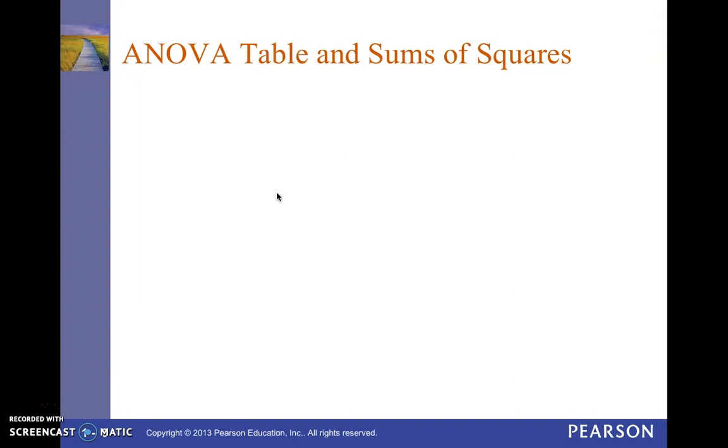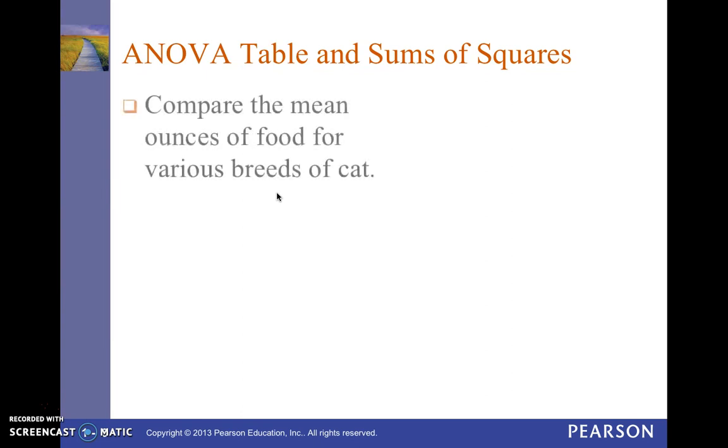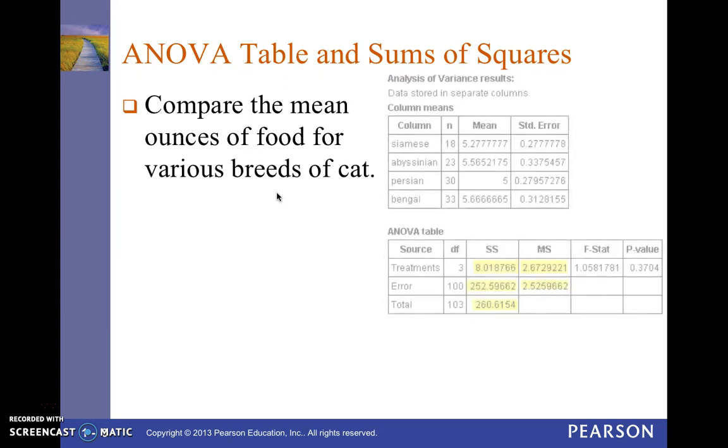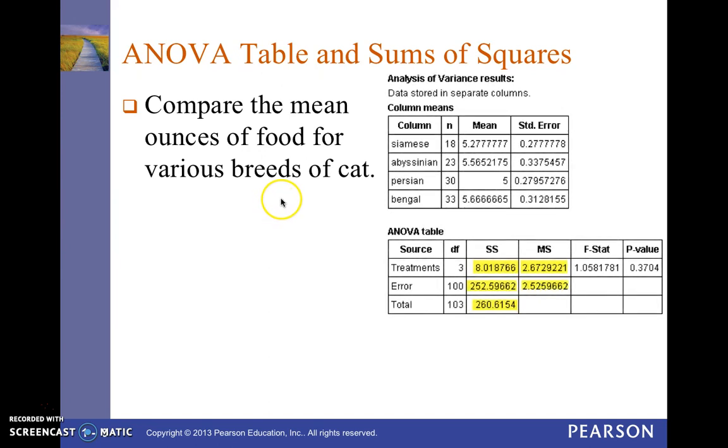One of the things that's also different about the ANOVA, other than the fact that it's an F, is that this time, rather than getting a single piece of information, say the F, you actually get something called an ANOVA table. And so that'll be different. So let's use an example here. Let's suppose that we wanted to compare the mean ounces of food for various breeds of cat. In my past life, I've actually done this kind of research for a local company that you might know. So if we ran an ANOVA, we would get something that looks like this. Virtually all statistical packages, especially